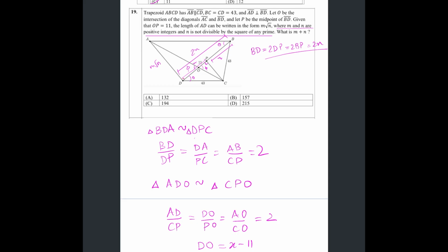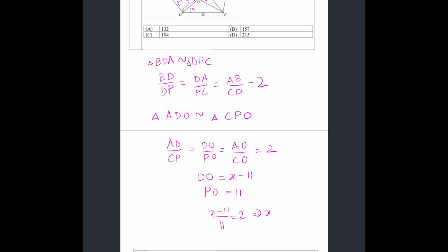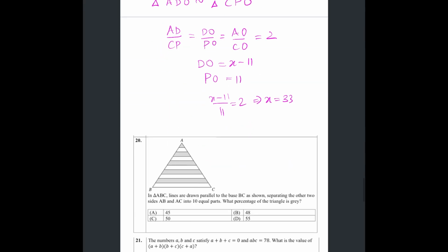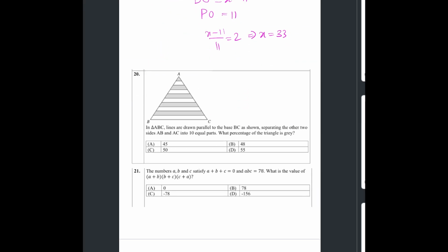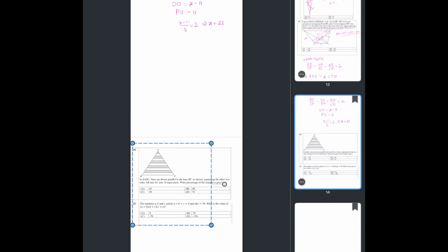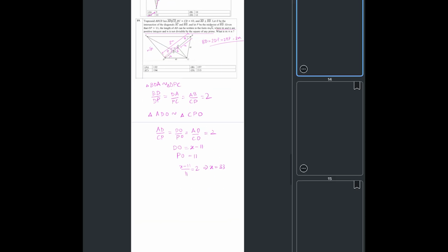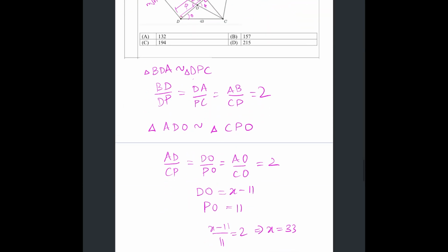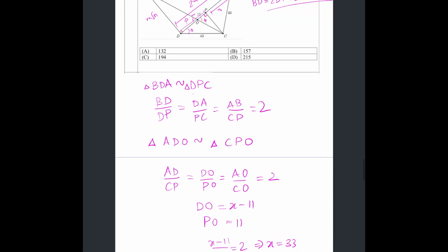So x minus 11 by 11 equals 2, which gives us x equals 33, right? So if x equals 33,